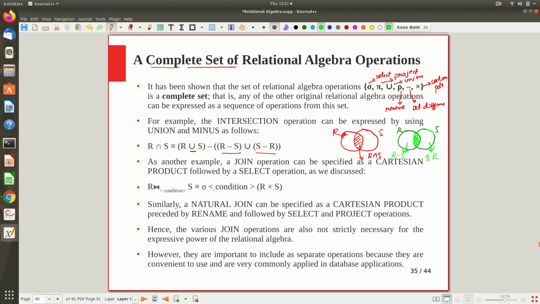Similarly, another popular operator is the join operation. Join typically has a join condition. What you can do is take the Cartesian product and apply the selection. That is the same as the join operation. This is very important. We already know join is nothing but Cartesian product followed by the selection operation. The selection condition is to be written